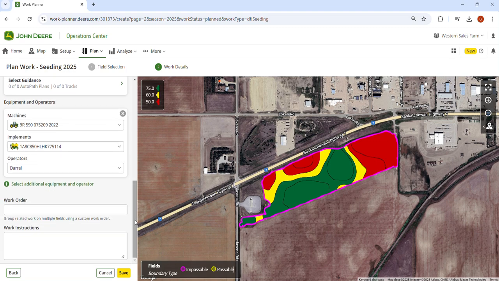Okay. The cool part about the work order is you can put a number in here if you want to. You don't have to. If you're custom seeding, you could put something in here. You can also put work instructions. Today I'm going to say stop for lunch. Or whatever you want. Watch out for a washout in the southeast corner. Whatever. You can put those instructions in there. They're going to pop up on the screen once they get to that tractor on a Gen 4 or a G5 display. So it's really nice. With all the prescriptions in there, all set, ready to go, you just tell it which tank you want it in. Once we click save,